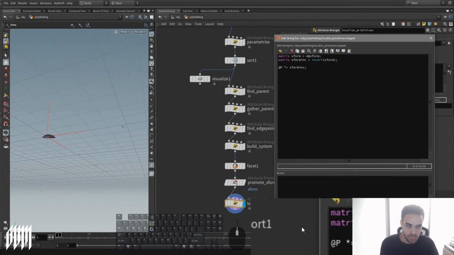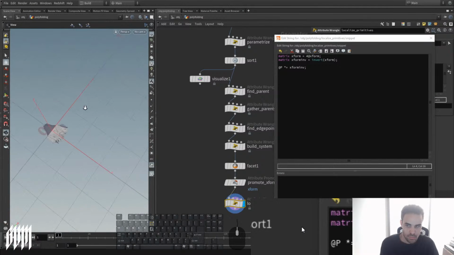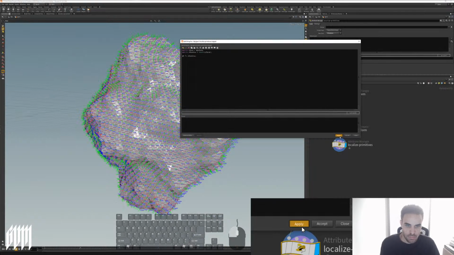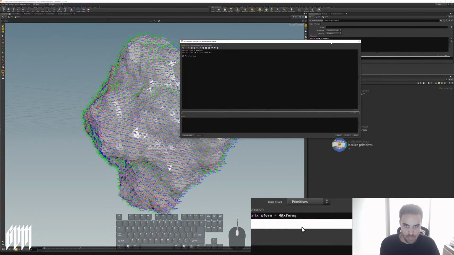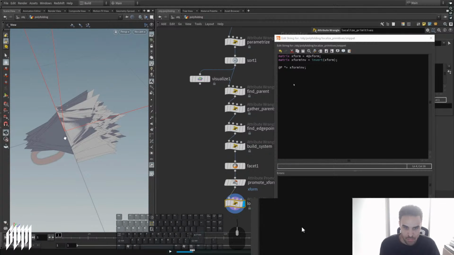And as soon as we do this, we get this here. We get all the primitives moved to their particular origin and rotated accordingly. And that is why you see that these primitives are all aligned with